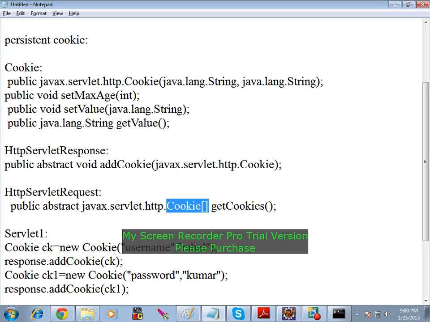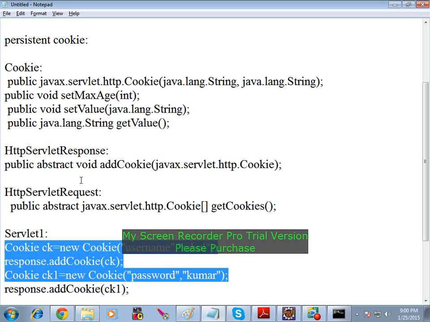Return type, right? Array of Cookie objects. Because how many values am I adding? 2 values. Means 2 values must be retrieved, right? And I can add any number of values. There is no restriction, right?